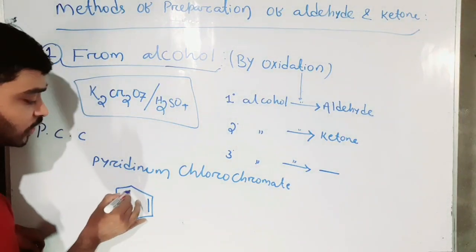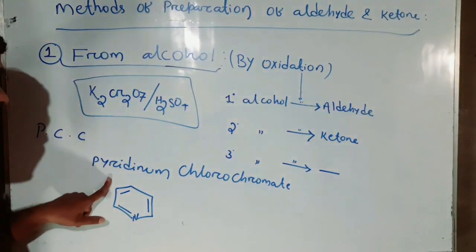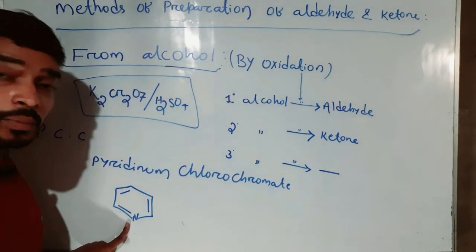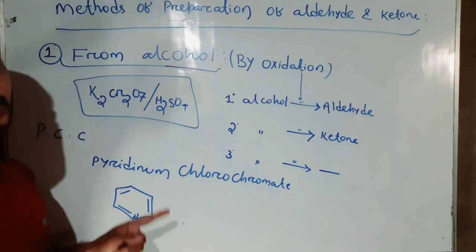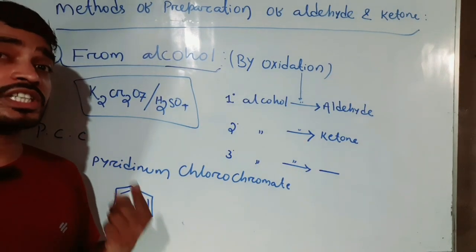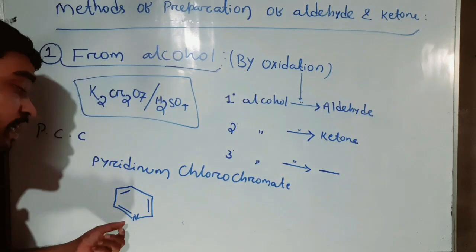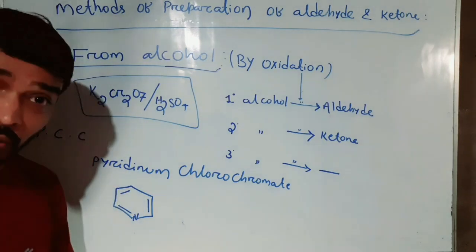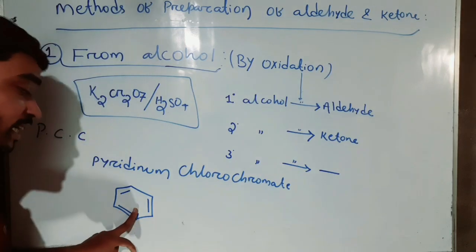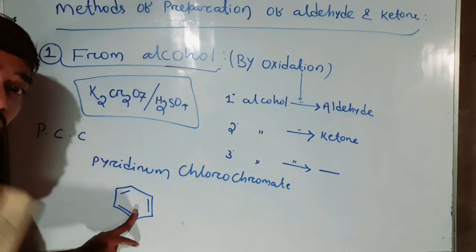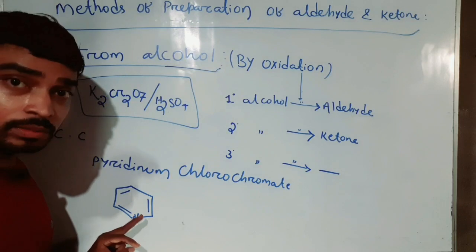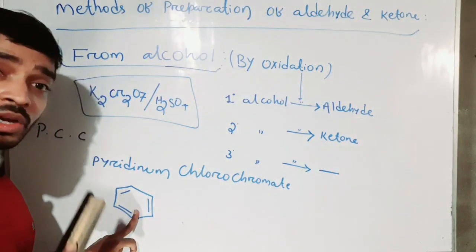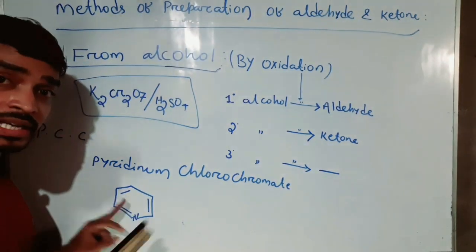Why is it called a heterocyclic organic compound? If one or more carbon atoms in a cyclic structure are replaced by heteroatoms, that means oxygen, sulfur, nitrogen and phosphorus, the resulting organic compound is called a heterocyclic organic compound. In a homocyclic organic compound each corner is occupied by a carbon atom, but in this case one carbon end is replaced